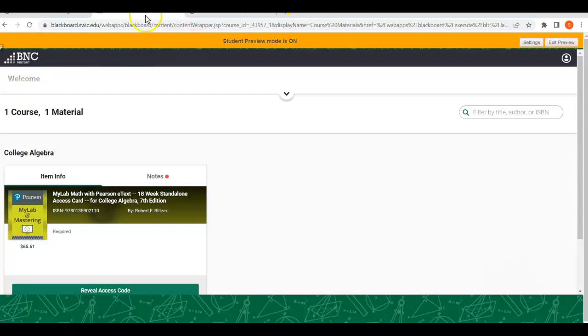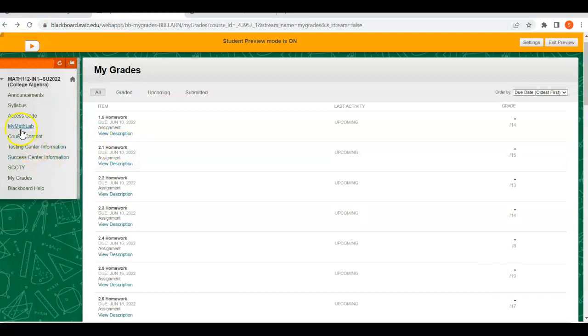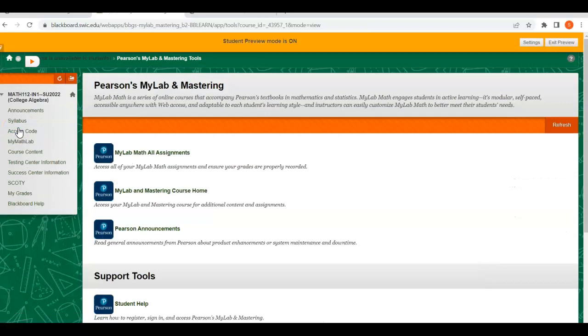Then you're going to go back to your home page, which would be back here. This time, after you've gotten that code, you're going to go back to my math lab and click on any of these. Since I've already done this, I can't show you what's going to pop up because mine's already integrated, but you can click on any of these links and it'll start that process that's explained in the syllabus. Once you've created your account and pasted your code into the access code field,